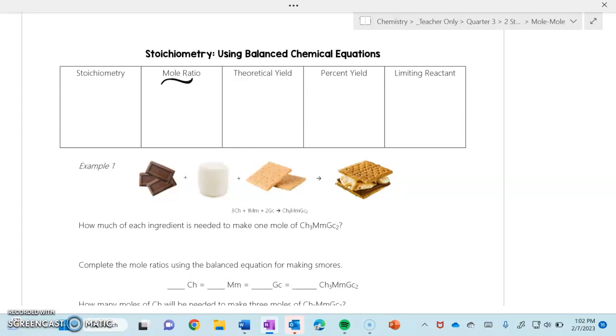So this process of changing from one compound to another is called stoichiometry. Sounds like a big intimidating word, but it's just another type of mole conversion using a balanced equation to convert from a reactant to a product. Maybe you know how much reactant you are using and you want to know how much will be produced, or vice versa. You want to know how much of a reactant to use in order to make a certain amount